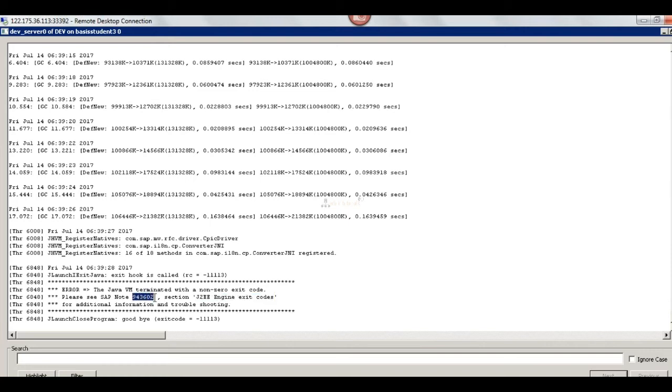If you open this SAP note, in that SAP note we have the J2EE engine exit codes. We can see this line in that SAP note: JVM has been terminated with a non-zero exit code.